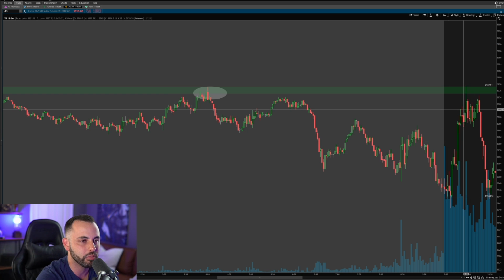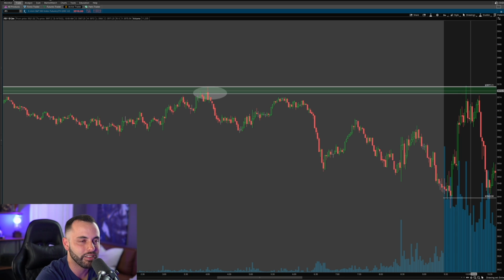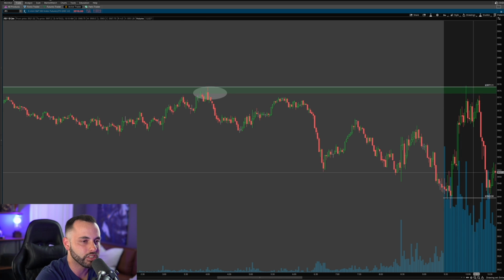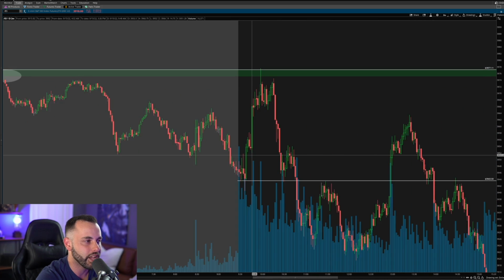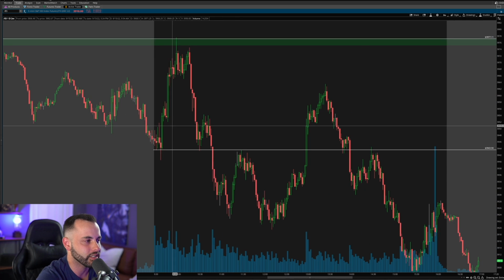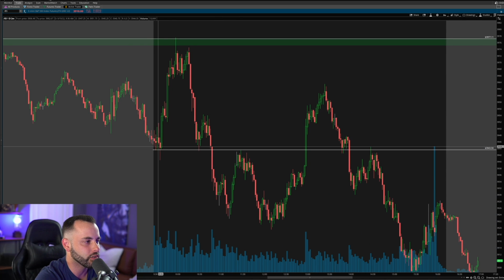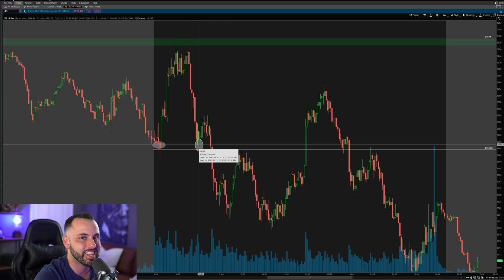My channel now, before I know what else is happening today, I have a low around 39.44 and I have a high around 39.77, pre-market high rejection, and here is my low. So if we start to trade back down to that low that I've already marked out, you guys can see right here, we have marked out our low already, and you can see we traded back down to that level. We found support,